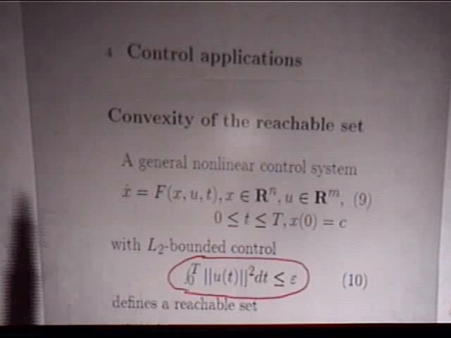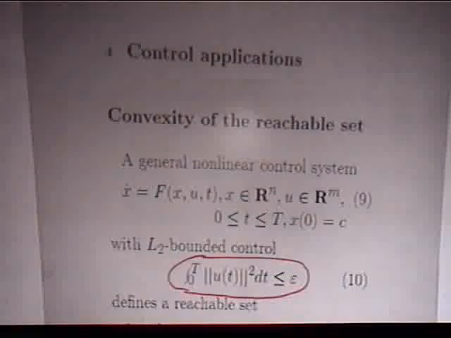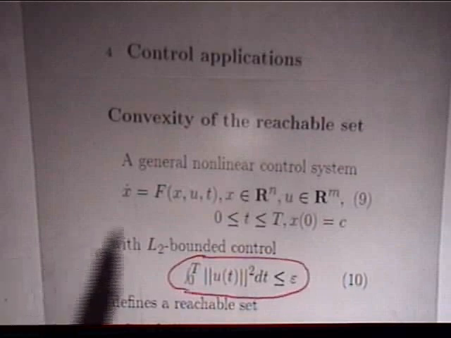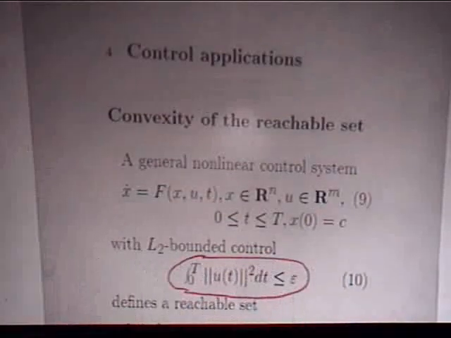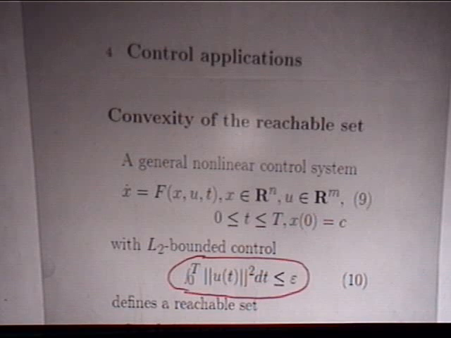We assume that the initial condition is given, and the only constraint for controls is that the L2 norm of our control is bounded by some epsilon. So if we understand control as some, in some sense it's just a power of our control. So it's low power control,